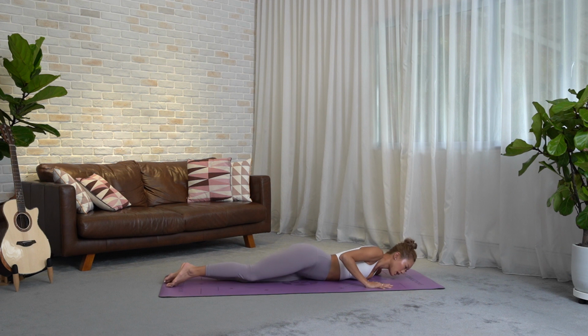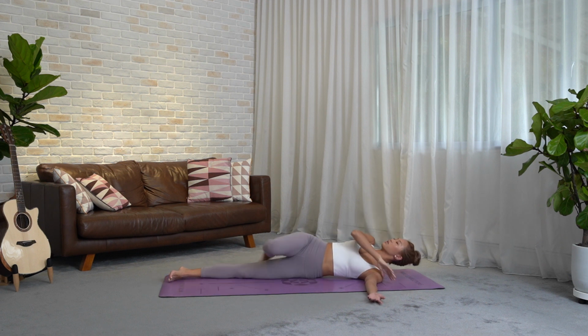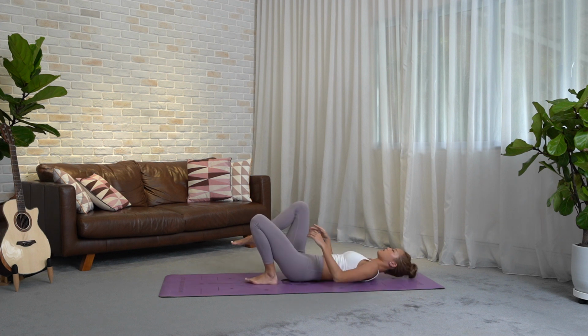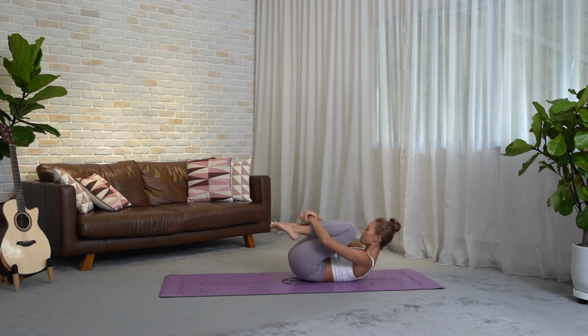From here, start to thread your left arm underneath your body. Roll over and lie down onto your mat. Start to hug your knees in towards your chest, gently rock side to side, side to side. Start to bring your shoulders off the ground, forehead towards your knees. Give yourself a hug. Hold for 3,